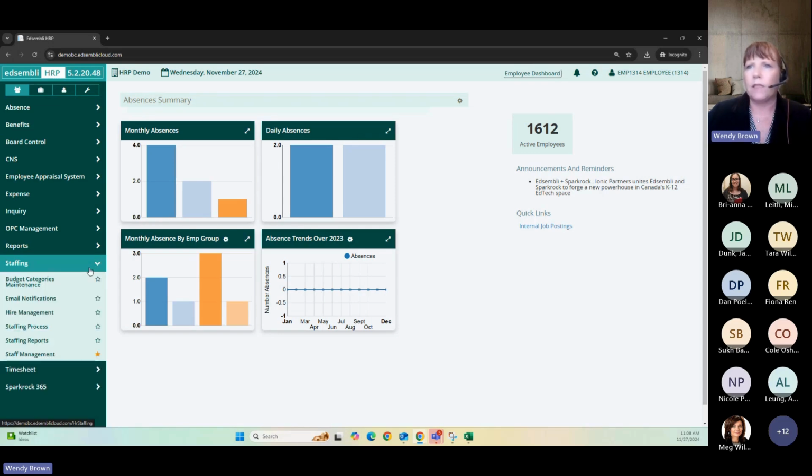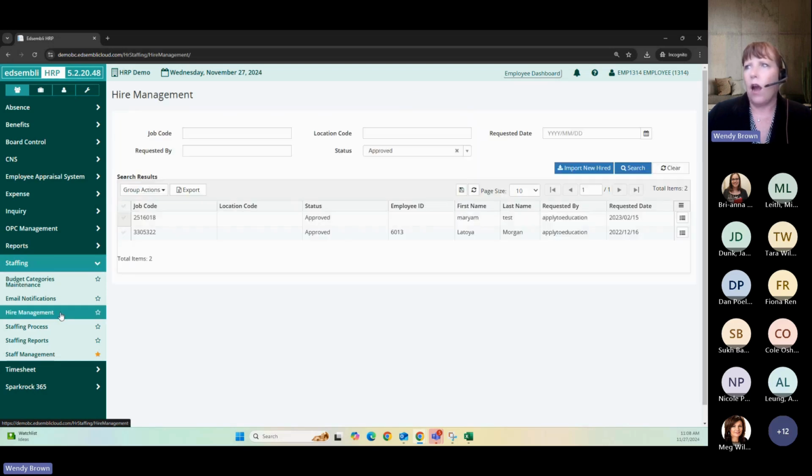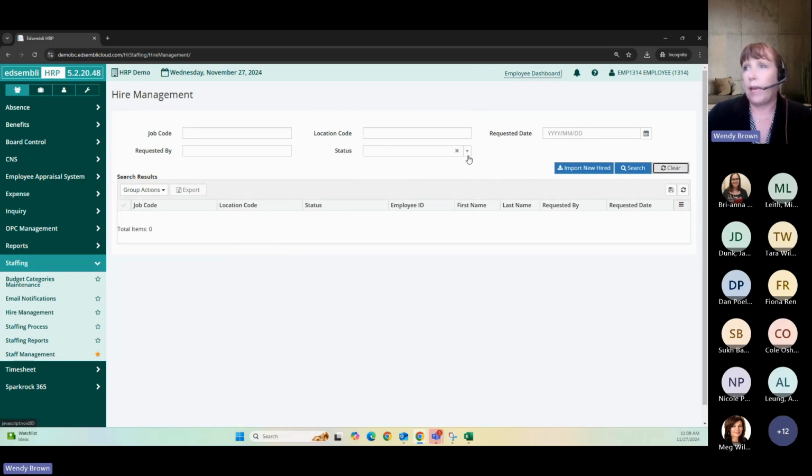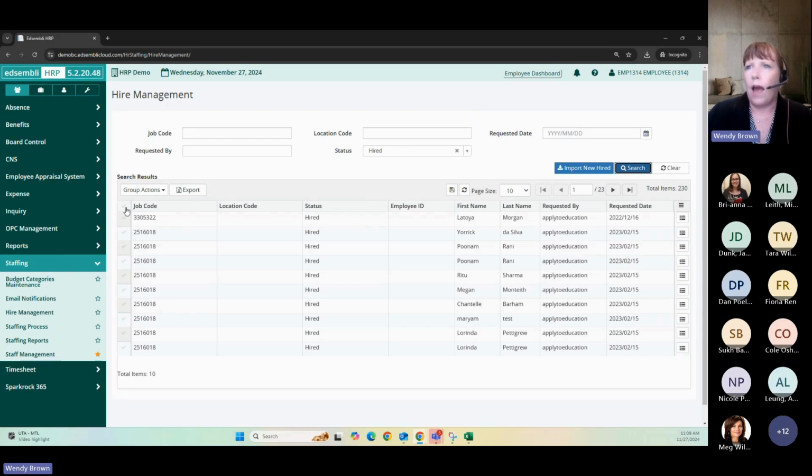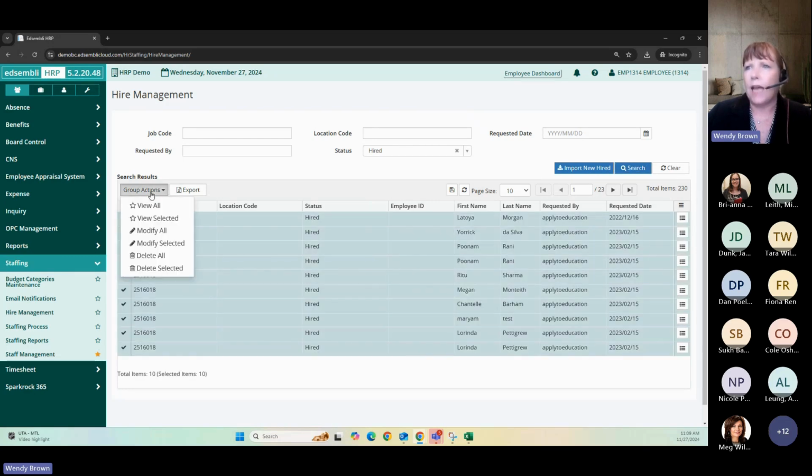And many of our customers across the country are using applicant tracking solutions. Many use the Apply to Education here in BC called Make a Future. And what this does is offer an integration with that applicant tracking solution. So if I were to click on Import New Hired, that would be an API pull from your applicant tracking solution. And what it will do is bring down all of the new applicants who have been flagged as hired,